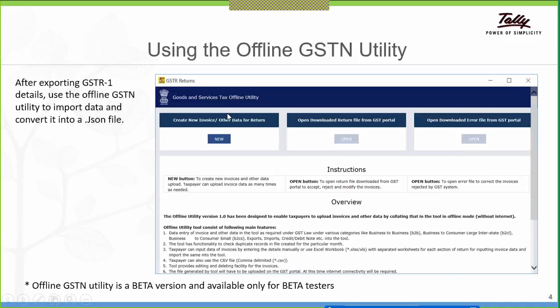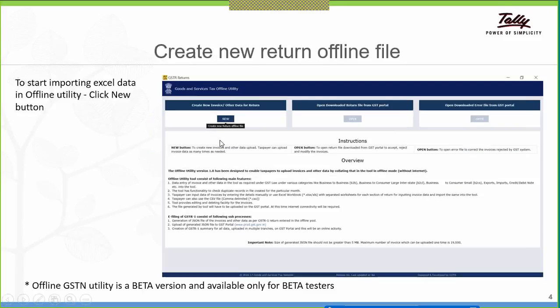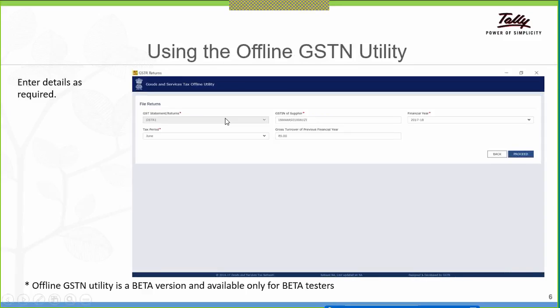The offline utility tool will look like this, and the user has to click on New to create a new offline file. By default, it will select GSTR1, since the offline utility supports GSTR1 filing. The user has to key in the GSTIN of the supplier, the financial year, tax period, and the gross turnover, and click on Proceed.